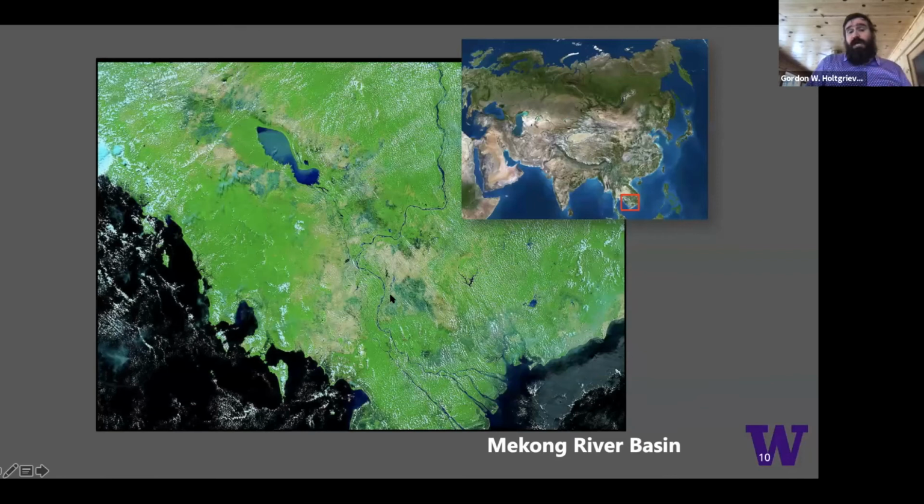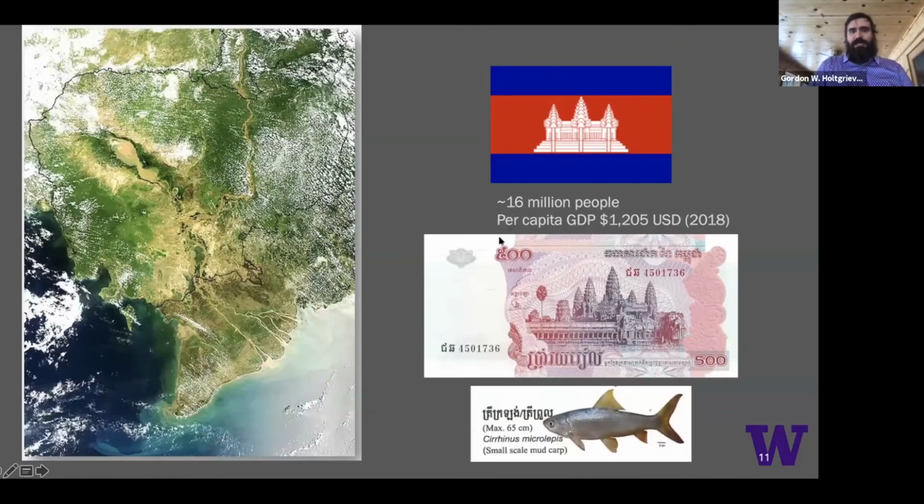But when the waters flood, the hydrology totally changes. And this is a really important ecosystem dynamic for fish. I'm getting a bit ahead of myself. I want to zoom in on Cambodia as a country here. You can see this faint black outline. This is Cambodia as a country. The Tonle Sap Lake sits